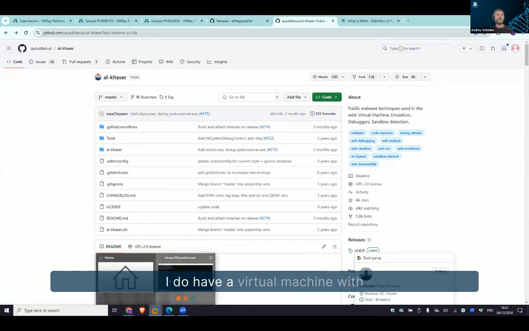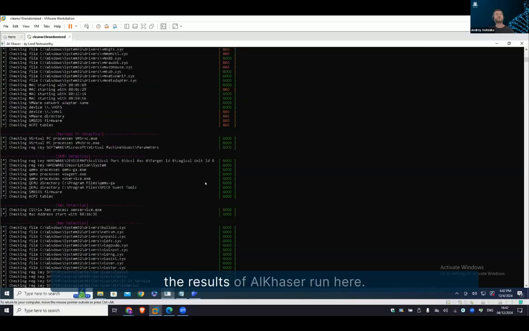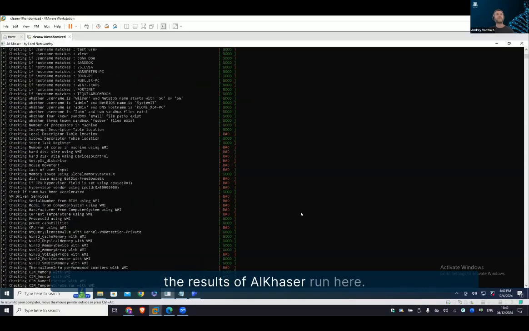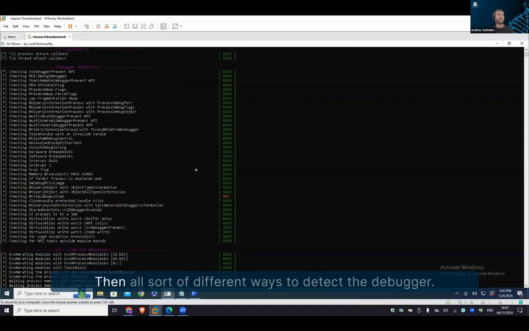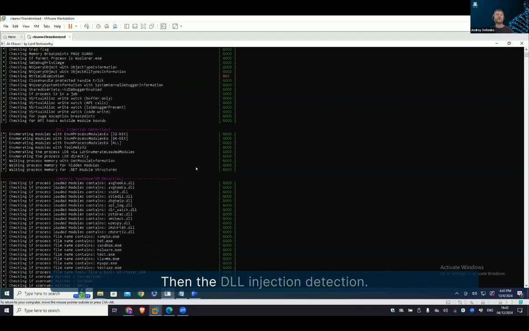I do have a virtual machine with the results of an AlKhaser run here. So first, that's the check for TLS callbacks, then all sorts of different ways to detect the debugger, then the DLL injection detection, then comes